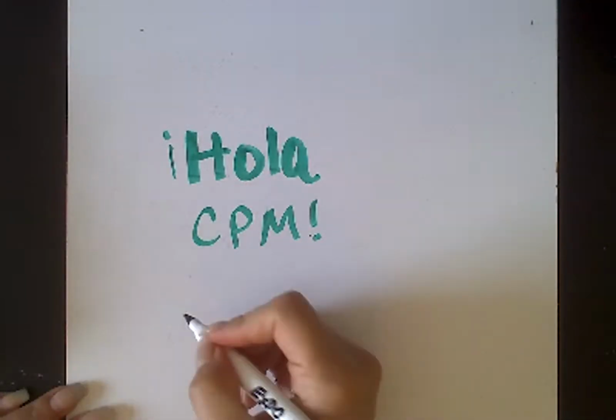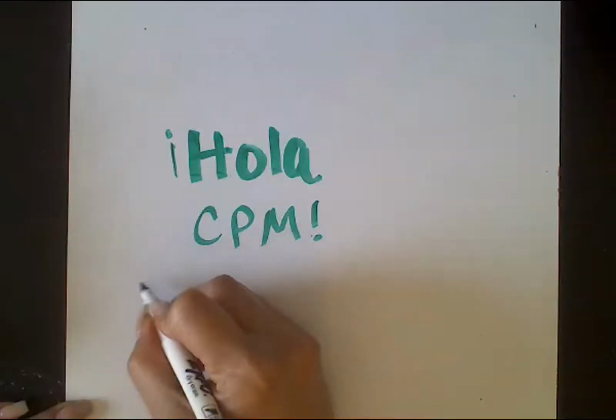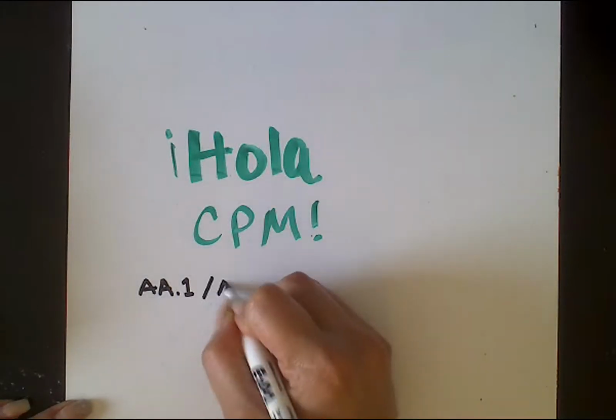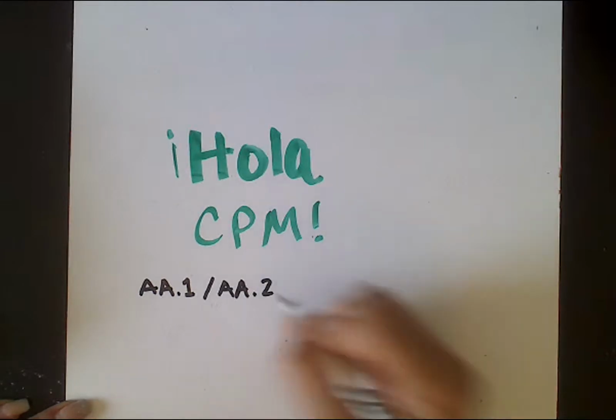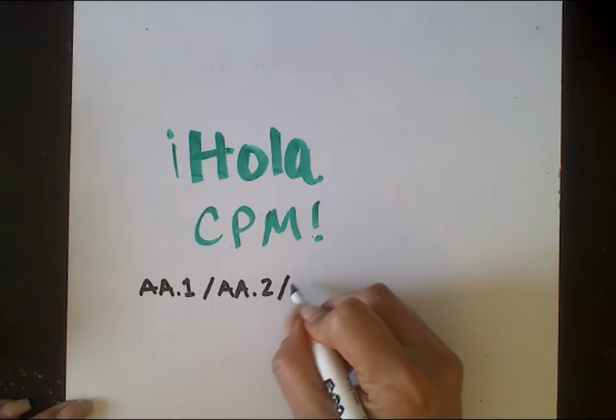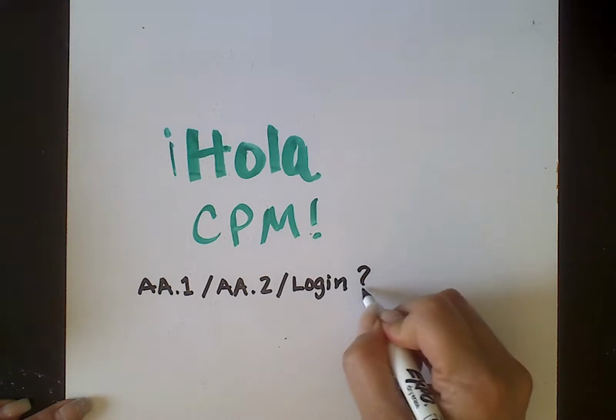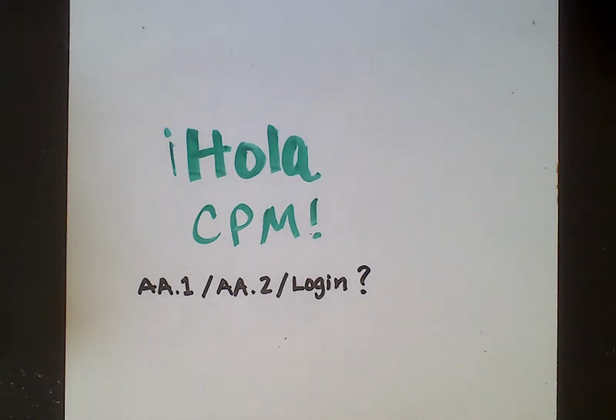All right, so do me a favor, in the chat, please list out if you are having difficulty with AA.1, AA.2, or even if it's login information, okay? I want to know what we need to go over in this tutorial, so the chat should be on the right side. Please type something into here and let me know what you need help with.